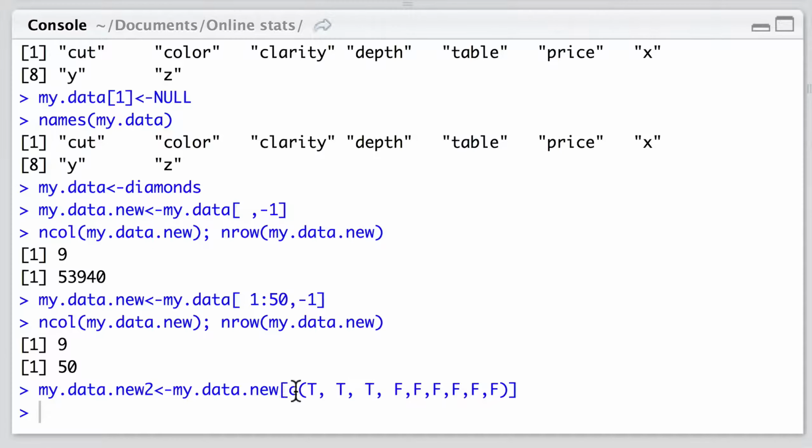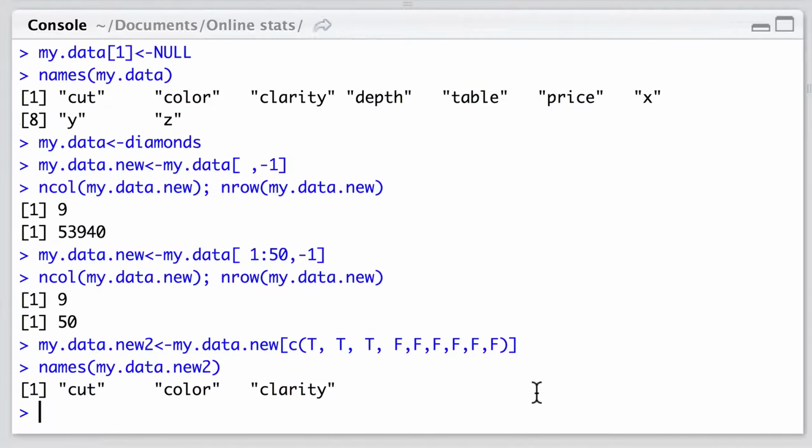In this case, we're calling the previous data frame, which has 9 rows. We provide it with a logical vector that has 9 values. And if the value is true, we'll choose to include this in the next data frame, and if it's false, we'll exclude it. So here we're left with just 3 variables because we chose to only include the first 3